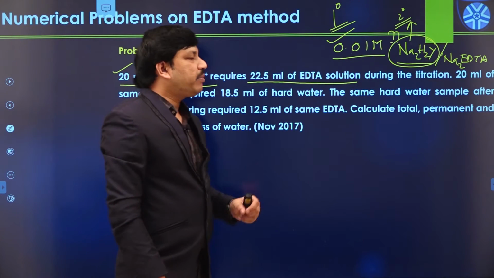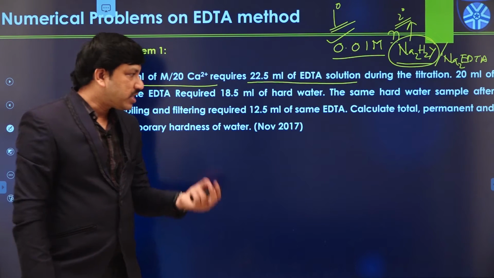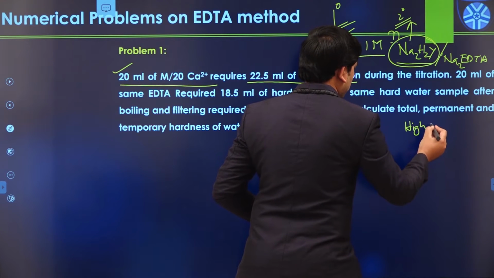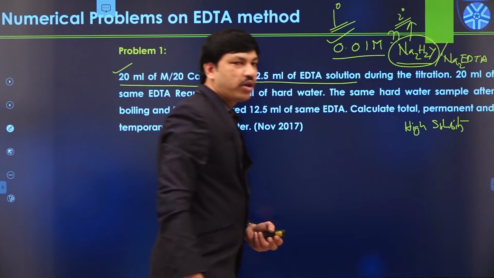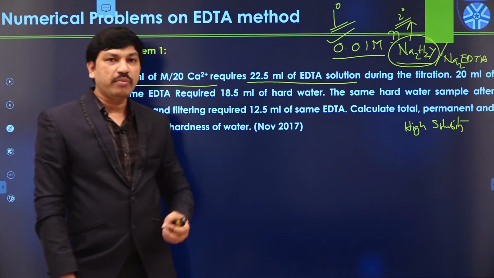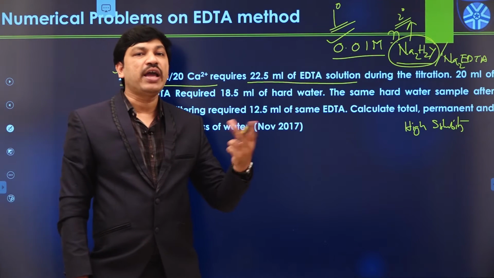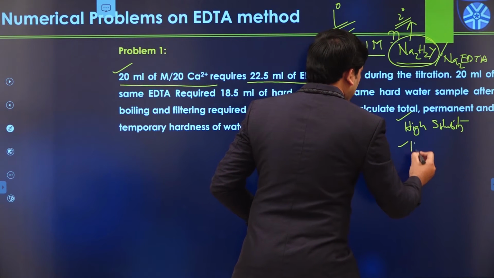So primary standard solutions mean they have some specific specifications. Primary standard substances actually have high solubility in water medium. That means if we want to prepare a primary standard solution in water medium, we have to choose certain substances which are having high solubility. So high solubility is required and high stability.